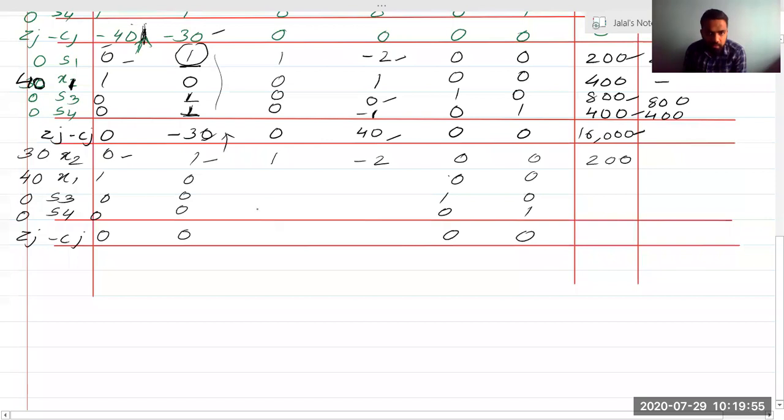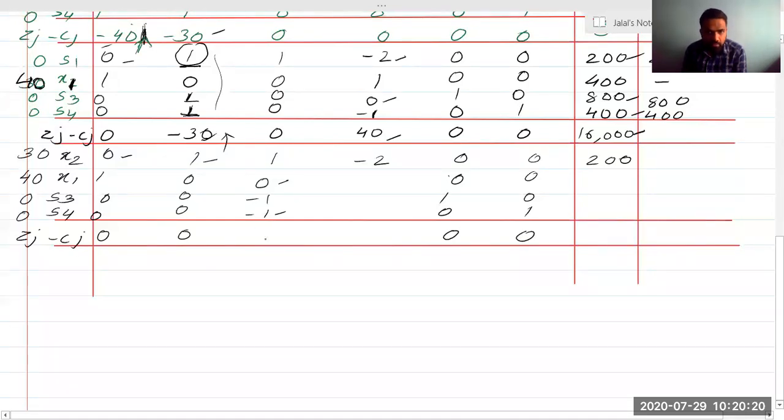Now we need to find all these values. We will find this value first. What will be this? 1 into 0 minus 0 into 1. This will be 0 only, right? Then 1 into 0 minus 1 into 1, minus 1 divided by 1 will be minus 1. Always remember we have to divide it by the key element. You are lucky here that you are getting the key element as 1. Okay, now we need to find this. 1 into 0, again minus 1 into 1 is minus 1, divided by 1 is minus 1.